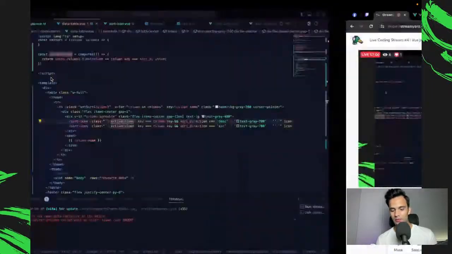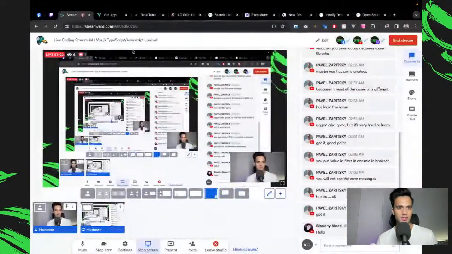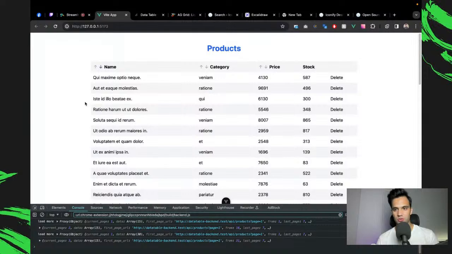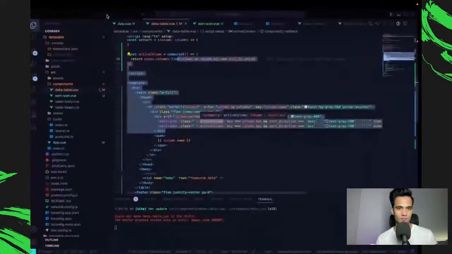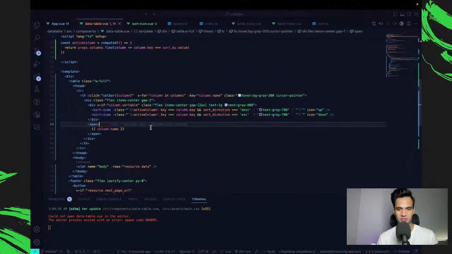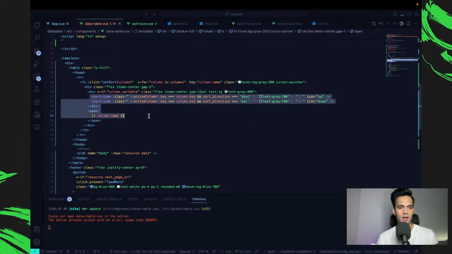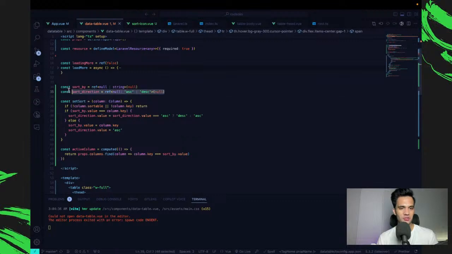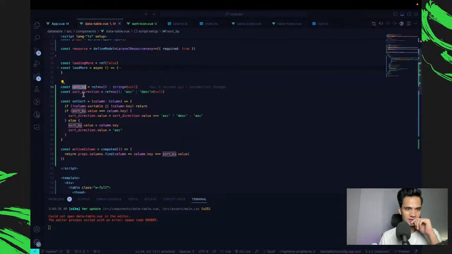We are working in Vue, by the way, Vue and TypeScript, and we're trying to build a data table component, which I plan to make open source once it is ready. We are still far from the end product, but the stream is just for the sake of me getting used to being live, and that's pretty much all. So now that we have these two values changing, the data sort by and sort direction,